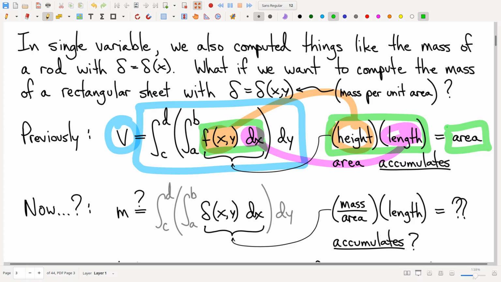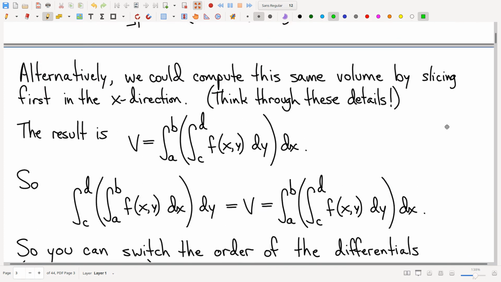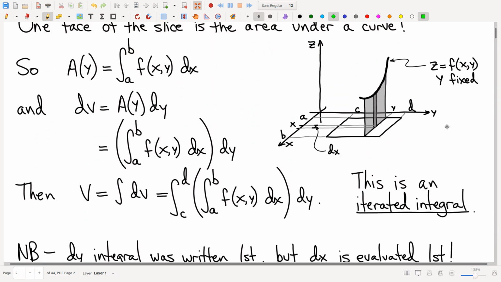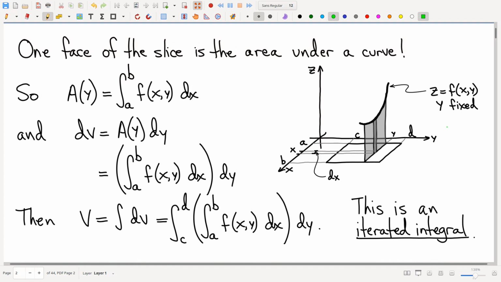But integrand times dx ends up being this thing, area, which in a wonderfully convenient coincidence we already understand. Right? We understand area. That's geometrically known. And I can look at these little pieces of area. Let me go back to my picture here. We had height was my integrand, and then length was my base, and these little pieces of area,